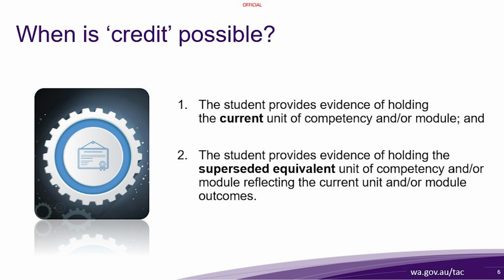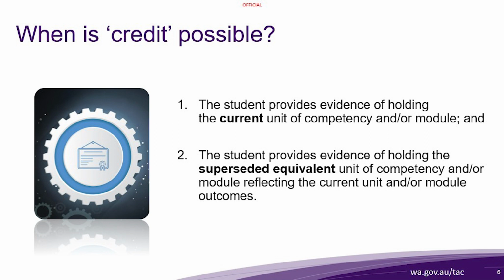And that's one of the issues that we're going to look at today, because when the unit of competency that is in the current training product names a unit of competency, and that unit of competency names an equivalent unit, then you can use that named equivalent unit, that equivalent superseded unit, as a basis for credit. We'll have a look at that in a moment in more detail, but first we need to ask the question, what does this word equivalent mean?